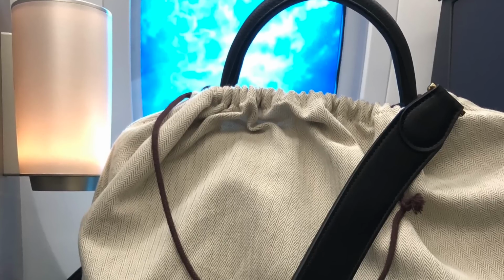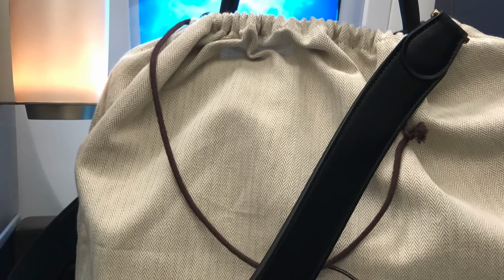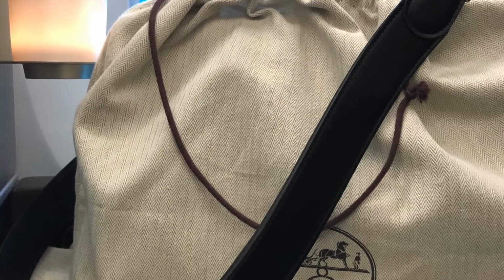I feel like it would just be such a headache having a suitcase that is not only incredibly expensive, but is also made of a more fragile material. And I was immediately told that these suitcases do come with a cover that you can, of course, put on them whenever you put them in the overhead bin or whenever you're going through security, which I think is a great idea. I don't have any issues putting my bags that I'm traveling with in their dust bags while I'm at the airport. But I just feel putting your suitcase in a dust bag kind of defeats the purpose